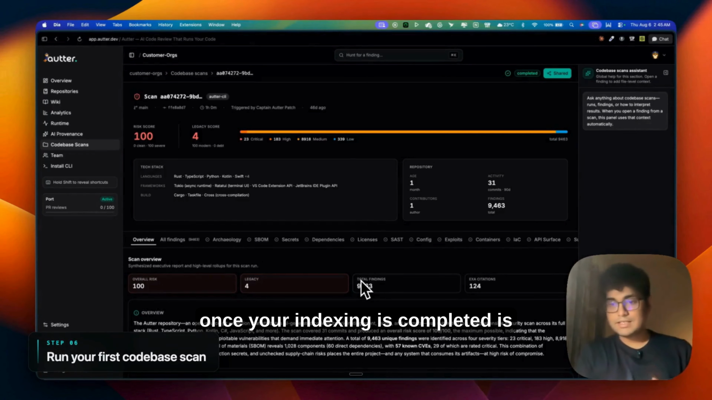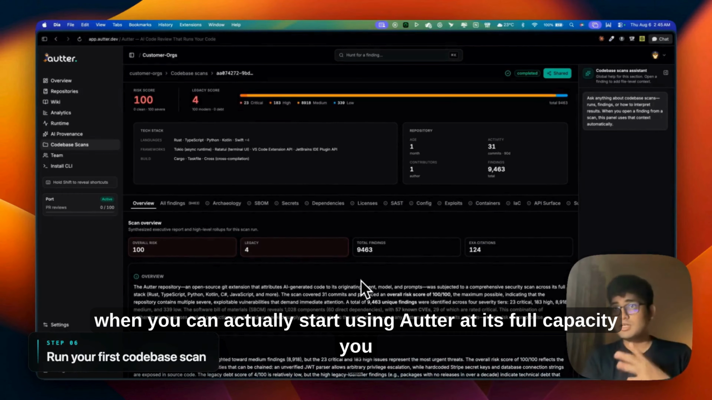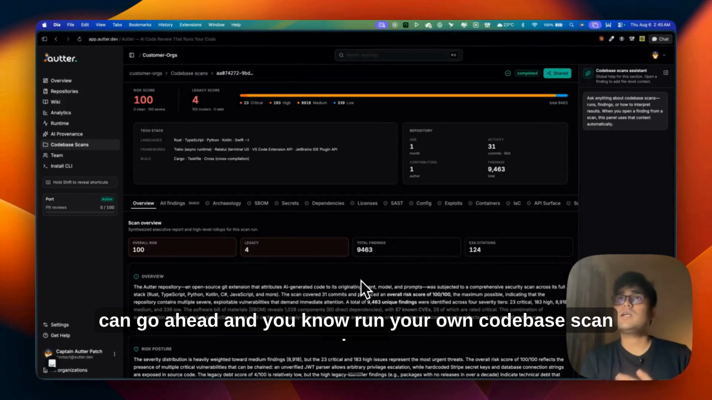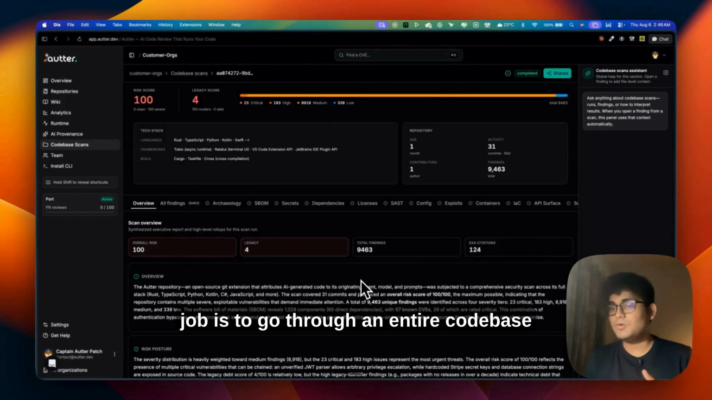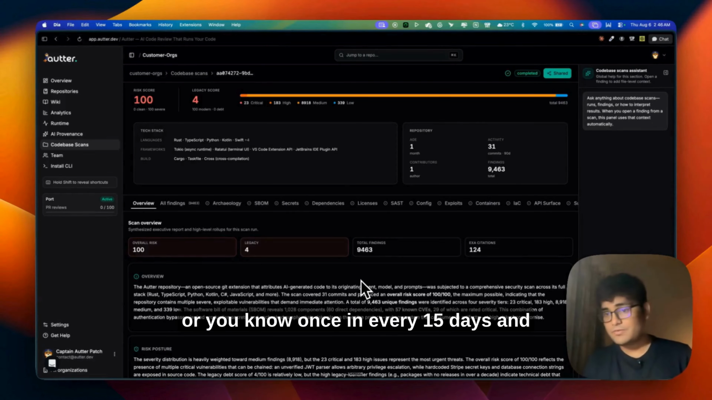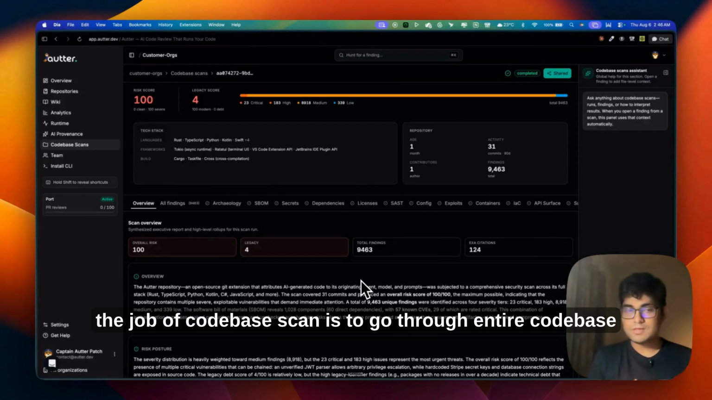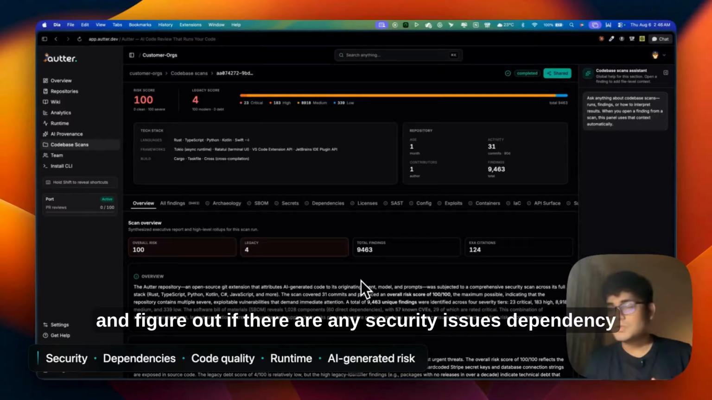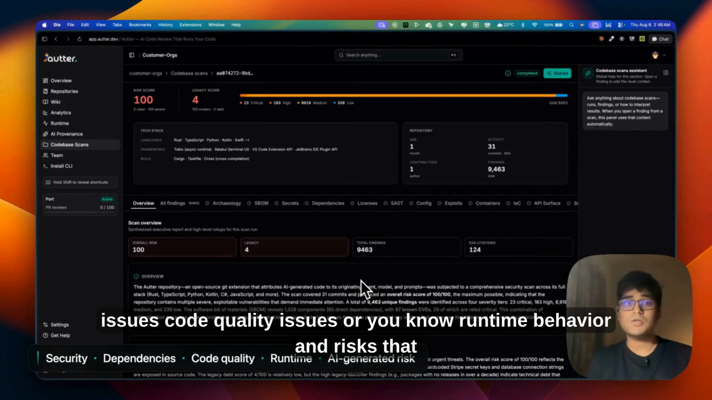Now, once your indexing is completed, is when you can actually start using Otter at its full capacity. You can go ahead and run your own code base scan, whose job is to go through your entire code base. You can schedule a scan every week, or once in every 15 days. And the job of a code base scan is to go through the entire code base and figure out if there are any security issues, dependency issues, code quality issues, or runtime behavior and risks that are being introduced by